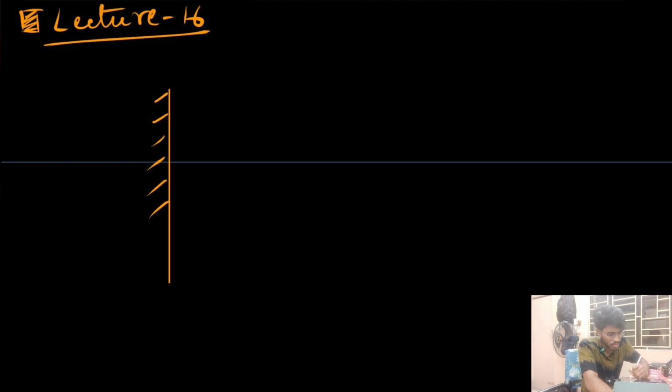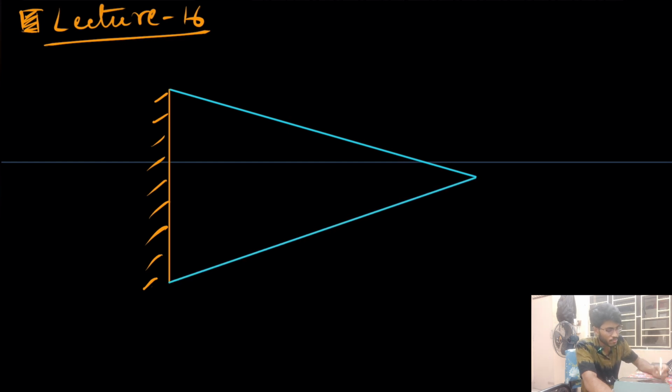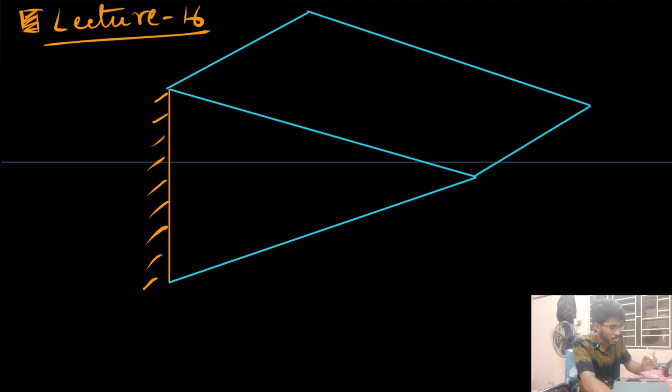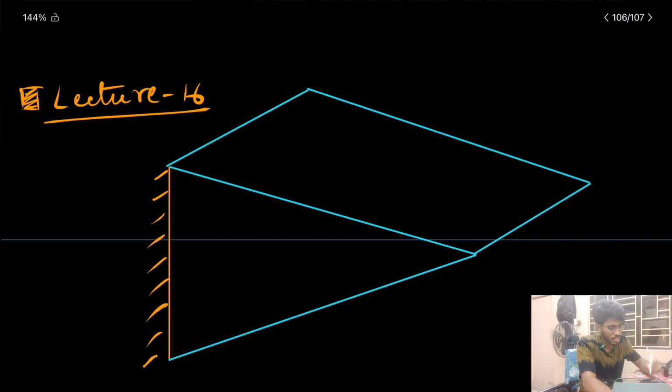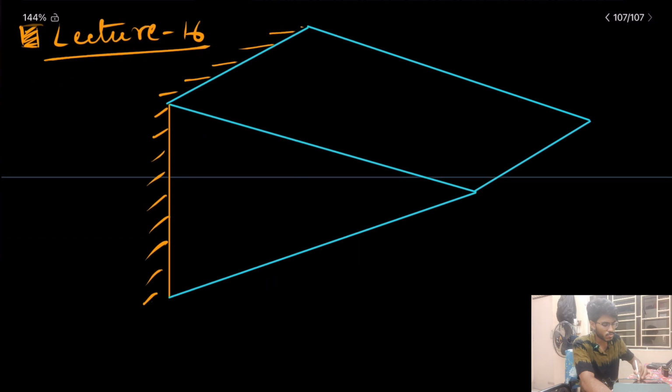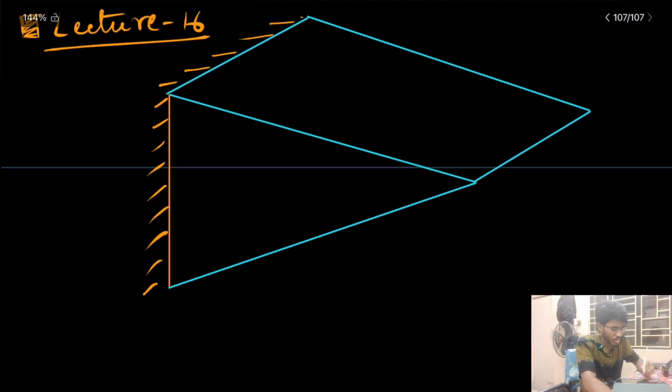Okay, so first just quickly let me draw the fin. So the fin is a triangular fin here. So this is the fin. Okay, this is the fin. I think it is clearly understandable how the structure is, right? And this is the fixed wall. So this is the base, and